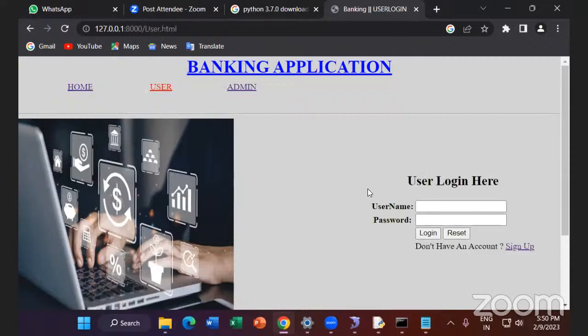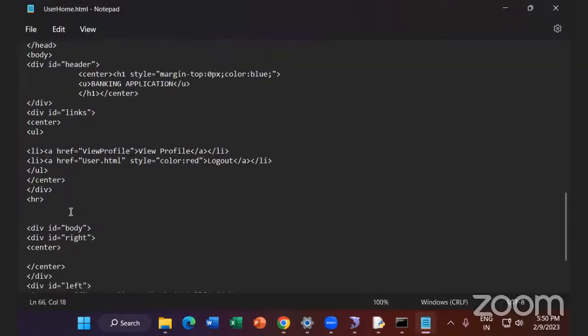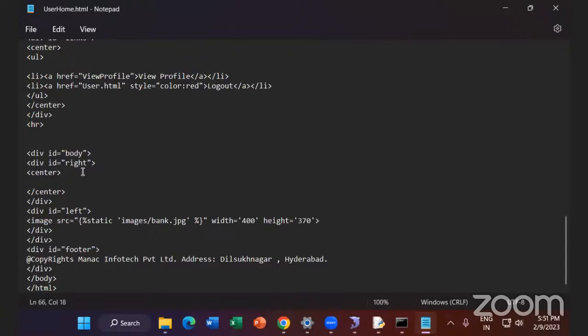When I click the logout, it is a user login page, and when I log in, it is moving to the user home.html. This is the user home page, and here I want to display the respected logged username. I want to display here. I want to display. Okay,